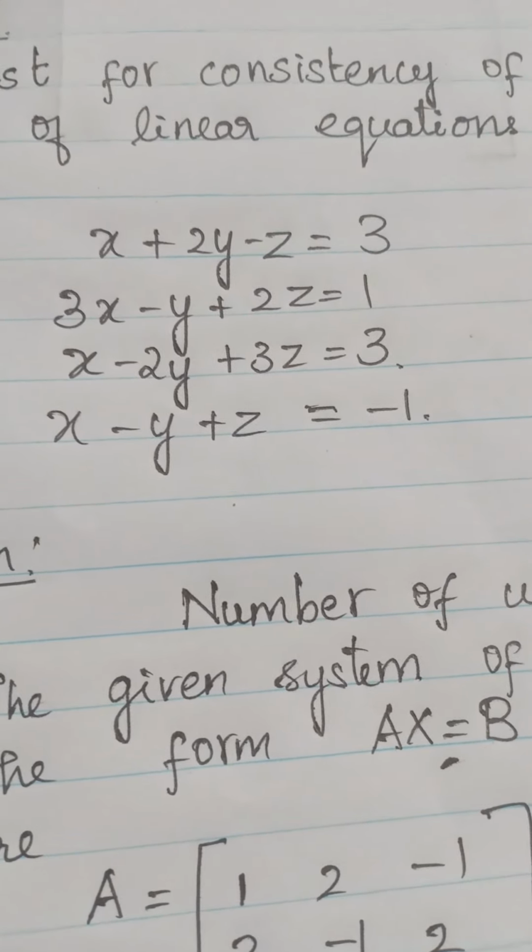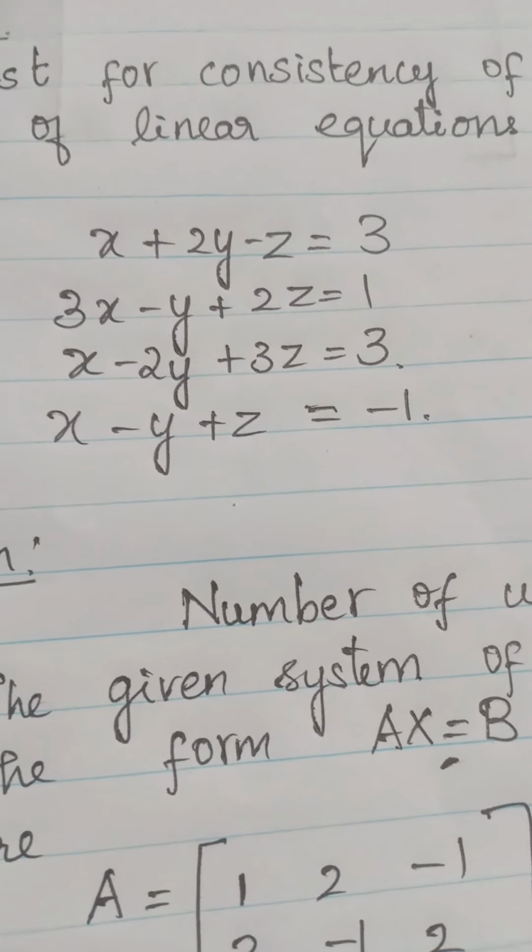So 4R4 minus 3R3. This place has now become 0. Minus 3 into 4 is minus 12, minus 3 into minus 4 is plus 12. So this place becomes 0. And here it is 8 minus 12, which is minus 4. And here it is minus 16. So we are getting this place as minus 16.